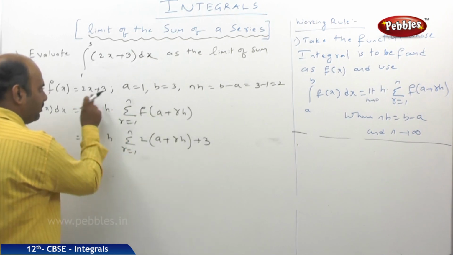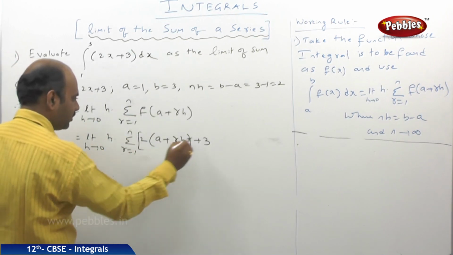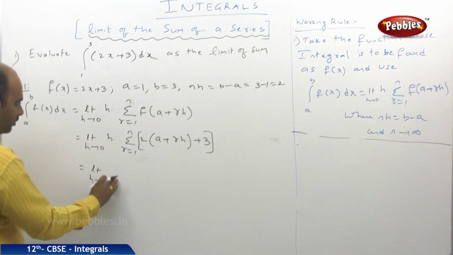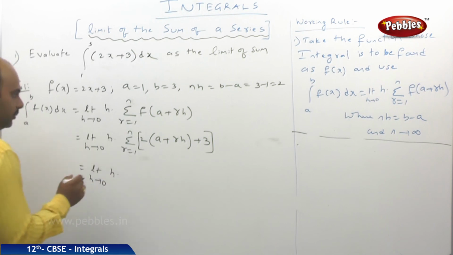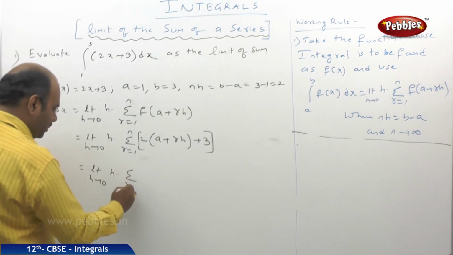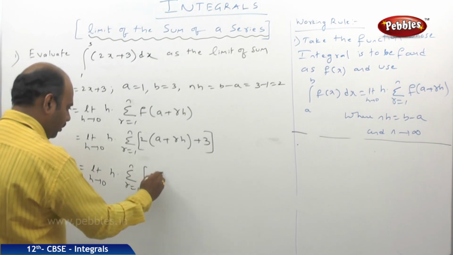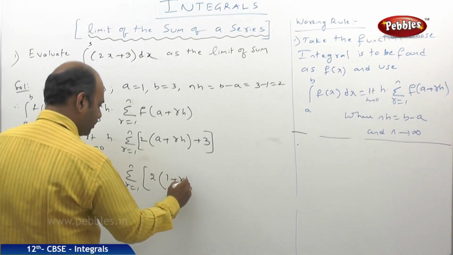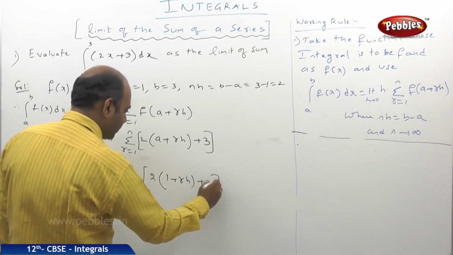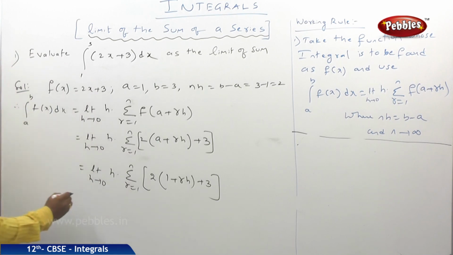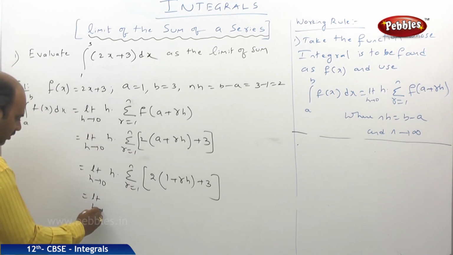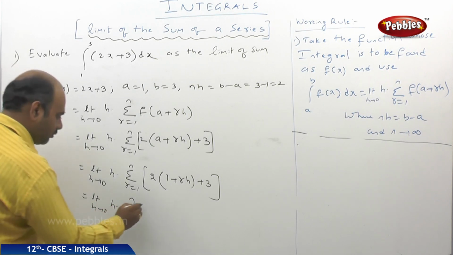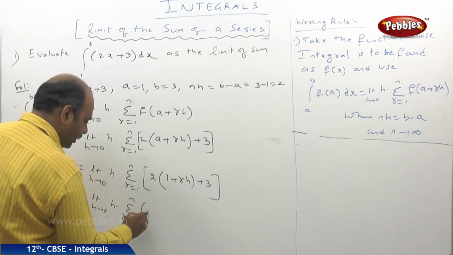That means in place of x I am substituting a plus rh. Later, that is equal to limit h tends to 0, h into summation r equals 1 to n, 2 into (1 plus rh) plus 3. Now, limit h tends to 0, h into summation r equals 1 to n, 2 plus 3 is 5, plus